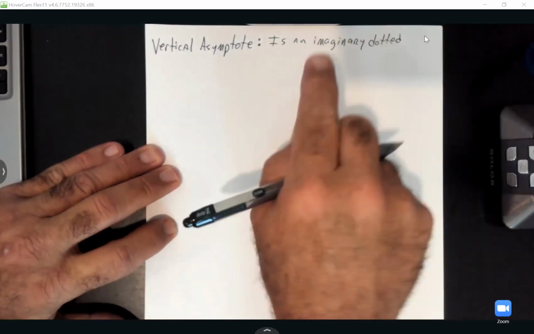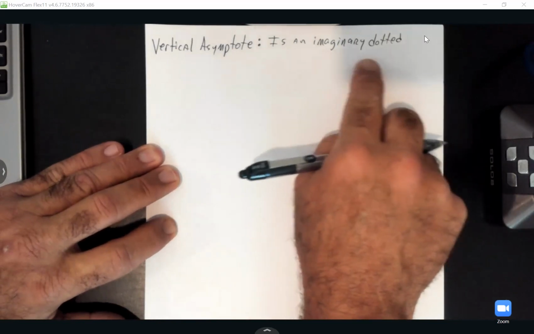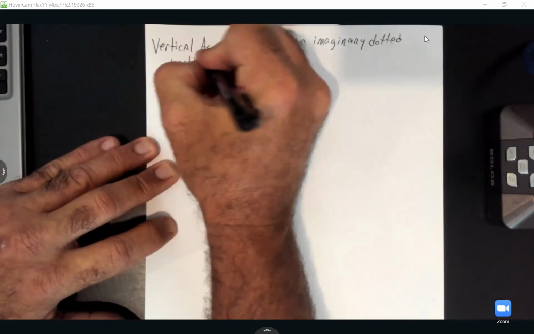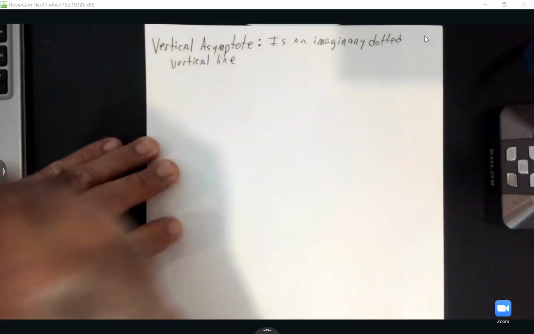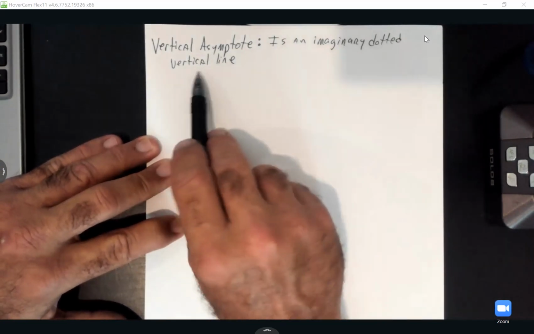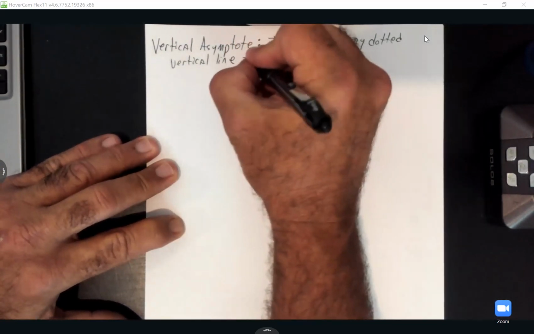Even more specifically, it is an imaginary dotted vertical line. It's a vertical line, that's why it's called a vertical asymptote, but it's an imaginary dotted vertical line that the